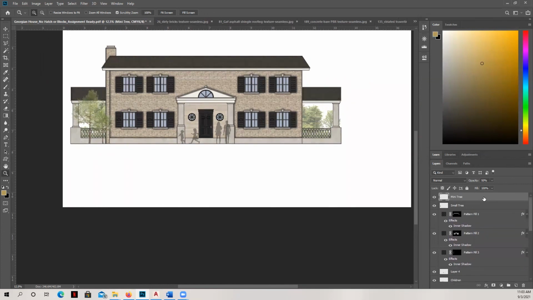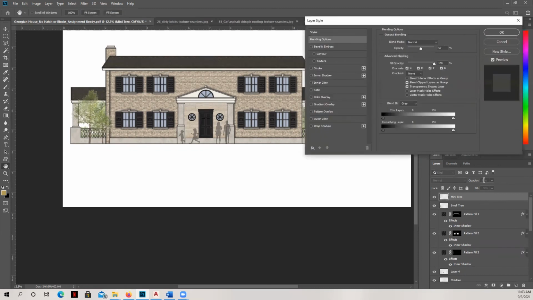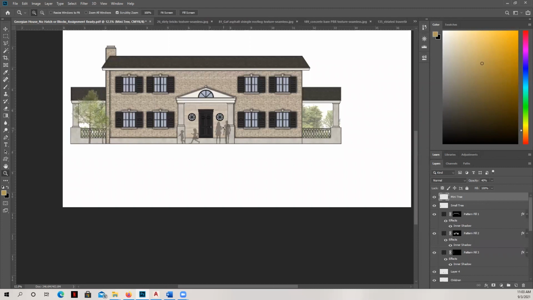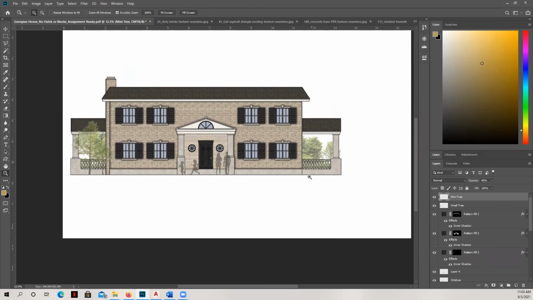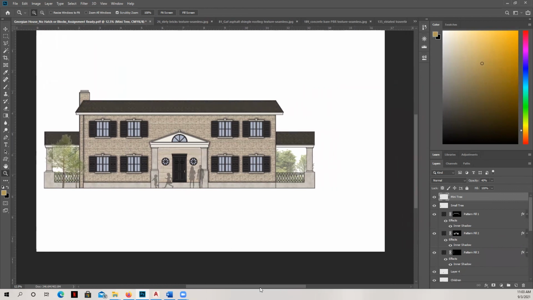But again, just enough to keep things subtle. I'm going to pull down the opacity just a little bit more in here because they're overlapping. It's creating a little bit more darkness than I want. Okay, good. So we have scale figures, and we have some vegetation added in. And it looks really, really great.